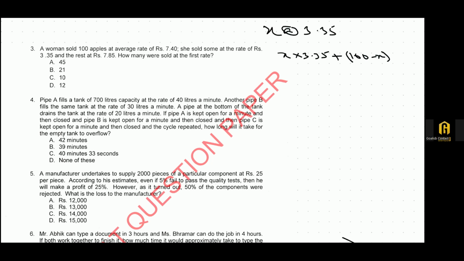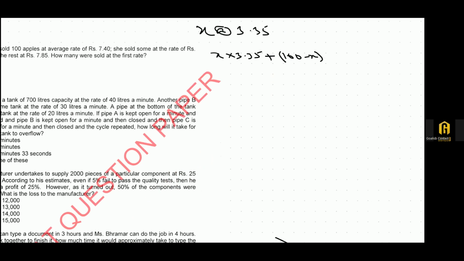This should be equal to the total money that she has received, which is nothing but the average price multiplied by 100. Sorry, 100 numbers. So this gives us